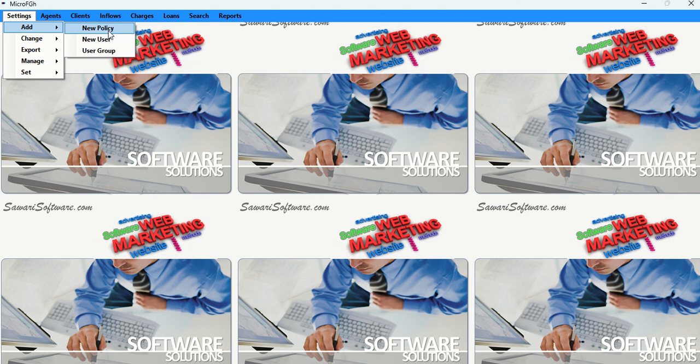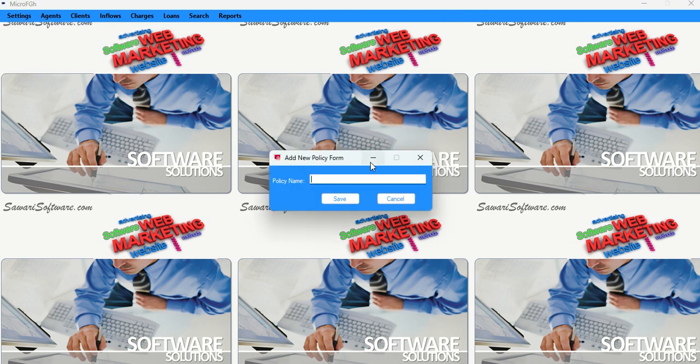So if we are running a particular product, usually you're running a number of portfolios. So it could be policy portfolio, whatever name you call it. So you want to introduce them to the system so that when a client signs up for such a portfolio, you can say, yes, this client is signing up for this particular one, all right? Let's say, let me name something. Let's say I'm going to call something investment fund